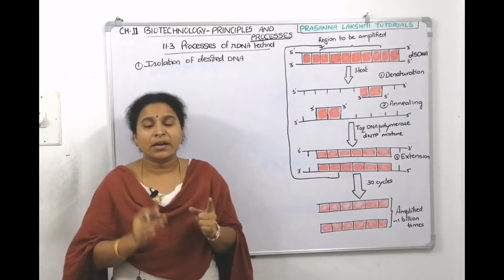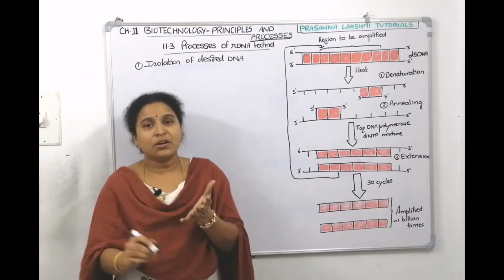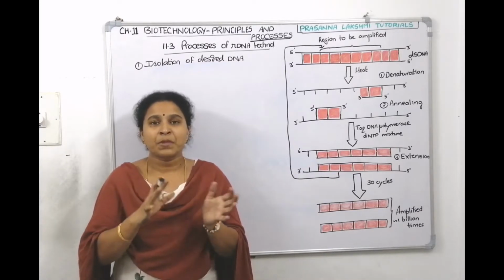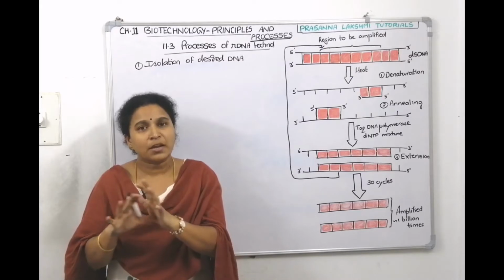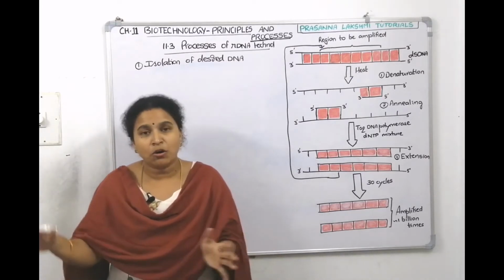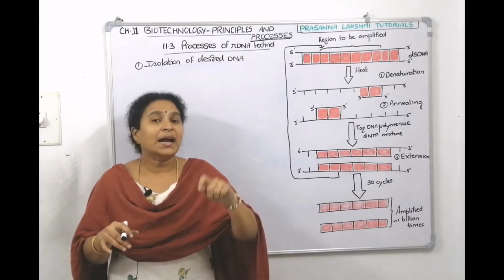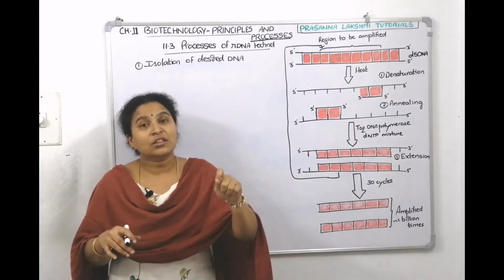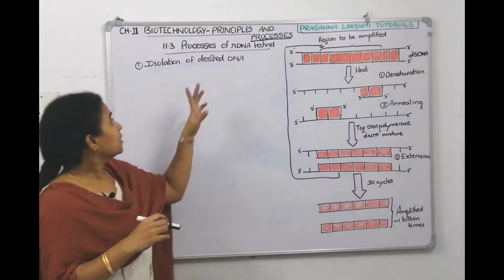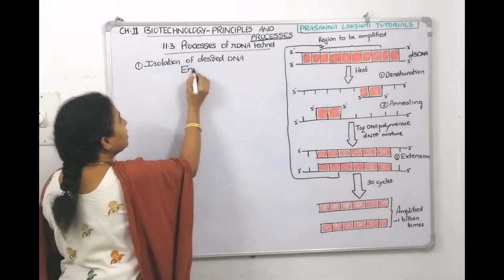We have seen how to isolate the DNA. DNA should be in pure form. For that you need to take cellulases, chitinases, lysozyme, proteases, RNases, enzymes. All these enzymes you will use and break all those components. Then you will do density gradient centrifugation and separate all of them. Then you take the DNA out, which is in soluble form. When you add salt solution and then chilled ethanol, DNA starts precipitating out. In the previous lecture, we discussed that. So that is the first step, isolation of the desired DNA, by enzyme digestion.